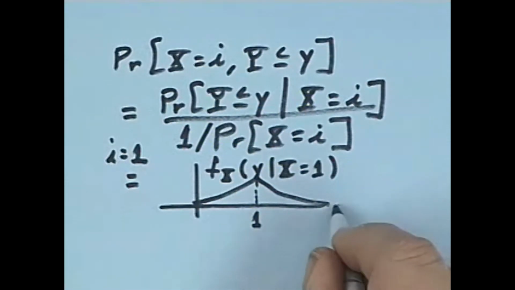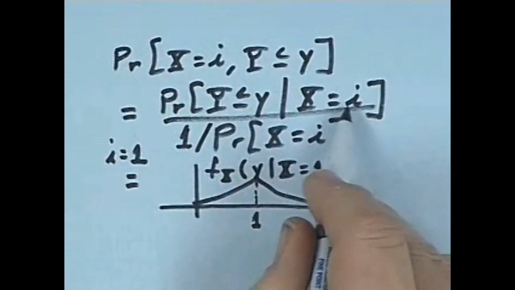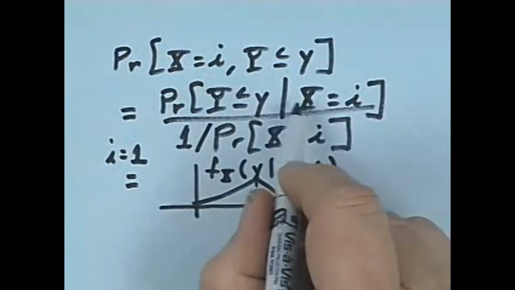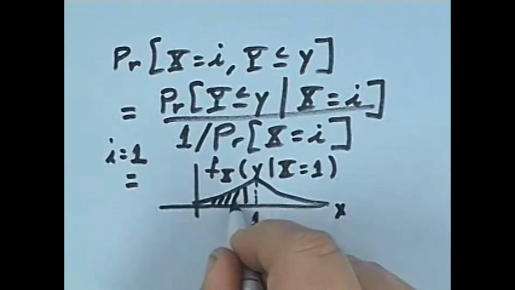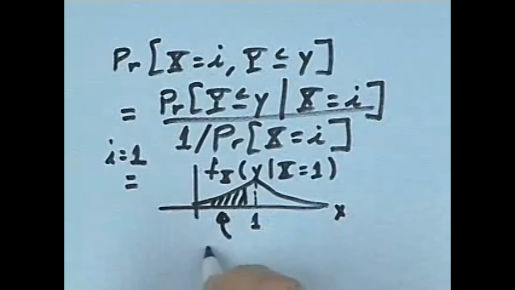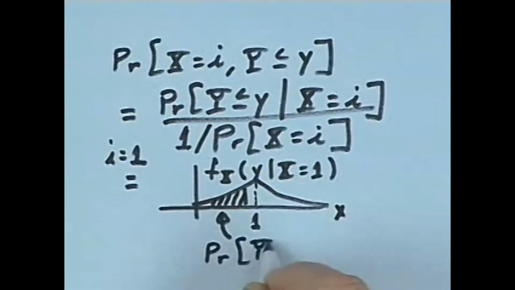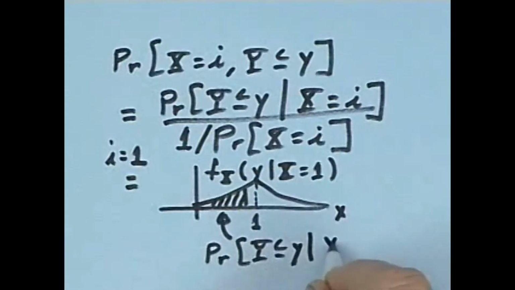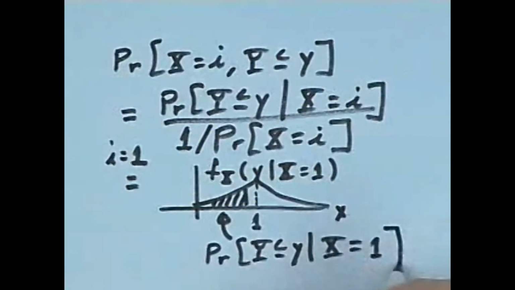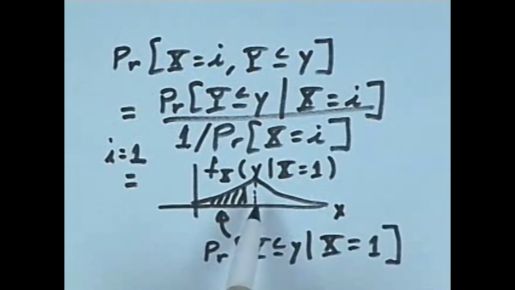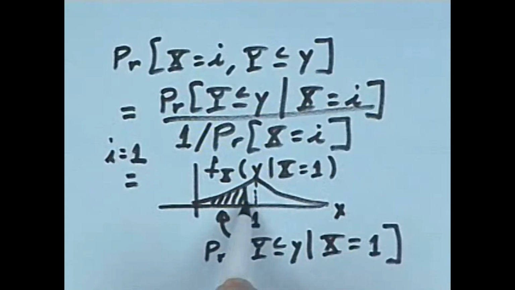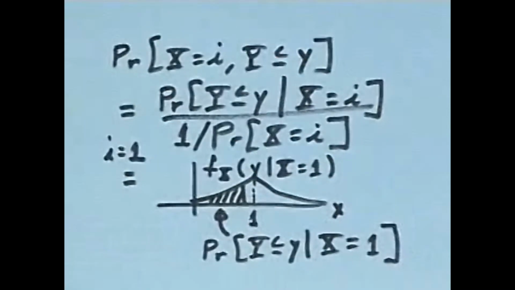So in order to compute this, we have to compute the area here, and this area will be the probability that y is less than or equal to y, given that x is equal to 1. And we can compute that. However, the integral is a little bit sloppy, and I don't want to spend time going through the details, because if the value is before 1, it's one thing; if it's greater than 1, it's something else, right? But this is something that we can compute.